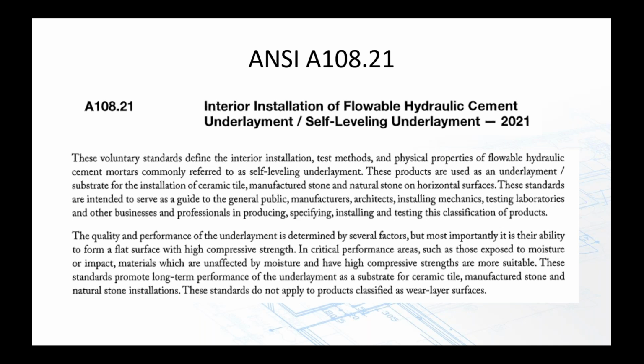And so again, this just kind of goes through and lays out what we are trying to achieve here, and that it's specific to our industry for installing tile. Then you'll notice, most importantly, in the second paragraph, is their ability to form a flat surface with a high compressive strength. And so